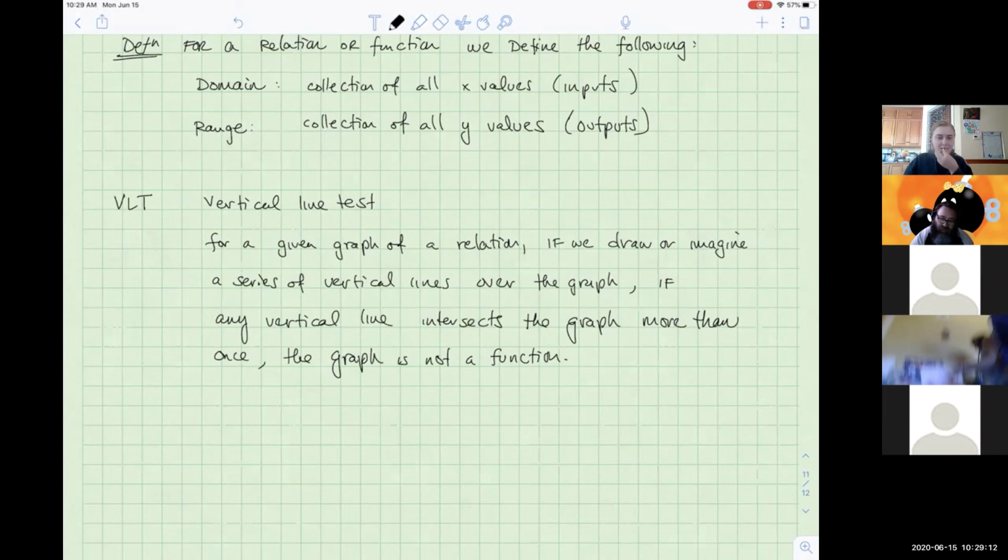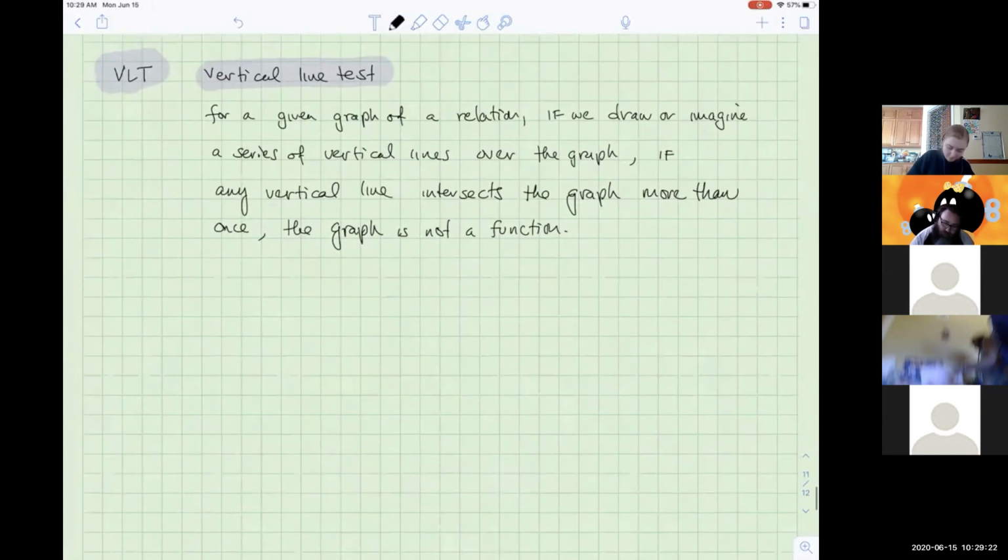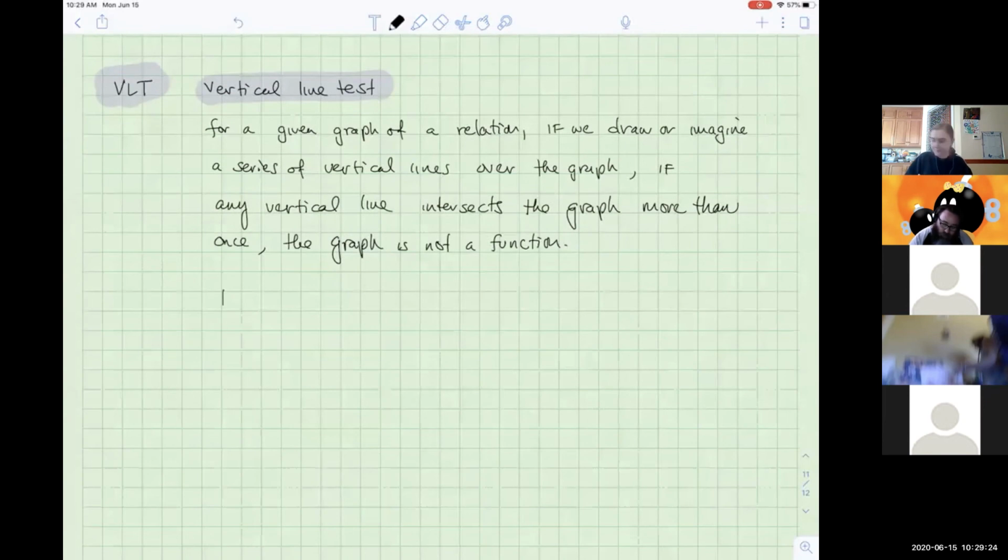The vertical line test, let's highlight that guy. That one's an important one. I'm sure you guys have all talked about the vertical line test before. And really what's going on here is this. What does it mean? That's more important, not how does it work. Small children in other countries can tell you how it works, but I want you to tell me what it means. And so if I draw a graph